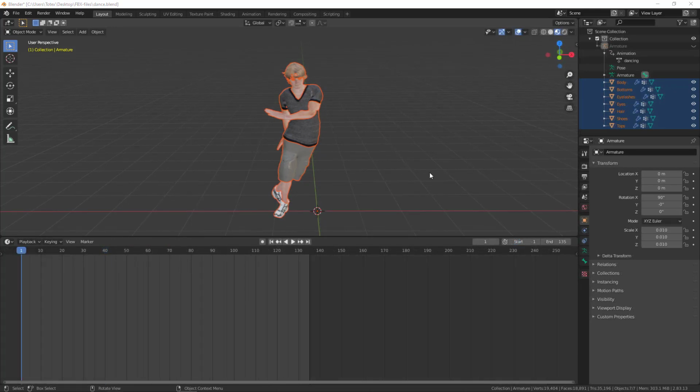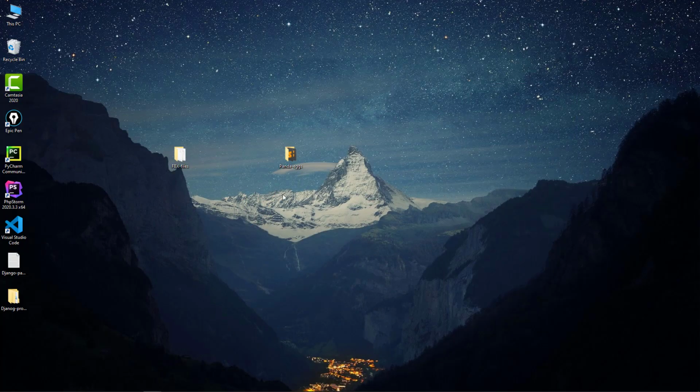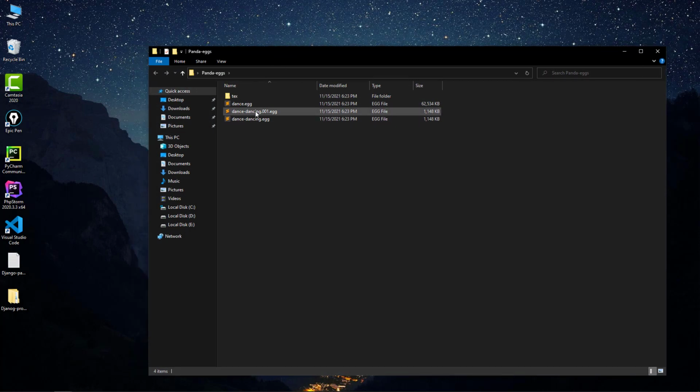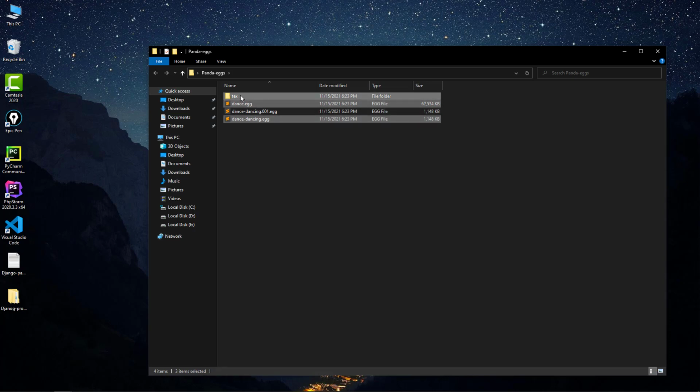So I had to restart Blender because it crashed, and I re-exported the model again. For the second time it didn't crash. So here in this folder now we have 3 files. I don't know why we have 3 files. This should be the geometry, and the dancing egg file should have the animation data. So I'm just going to copy these files, also the texture files,